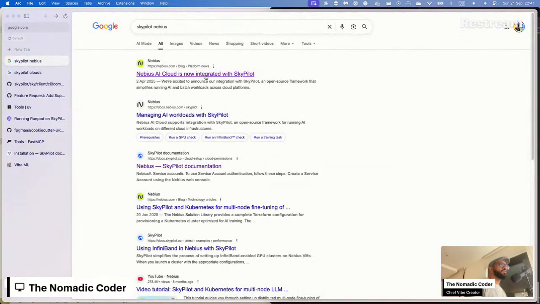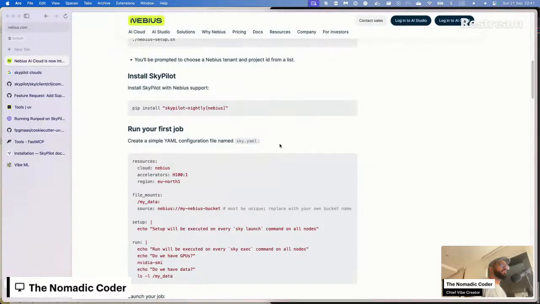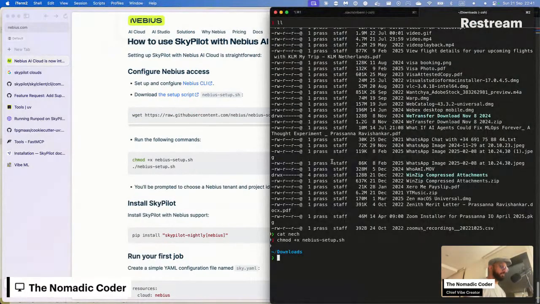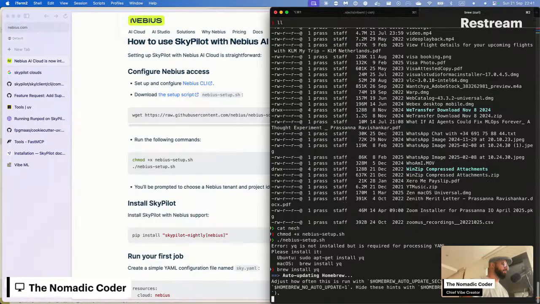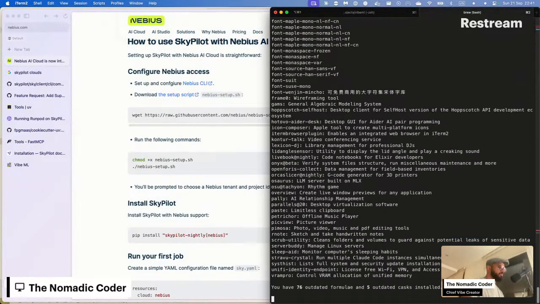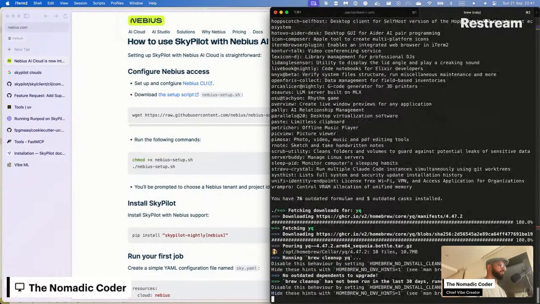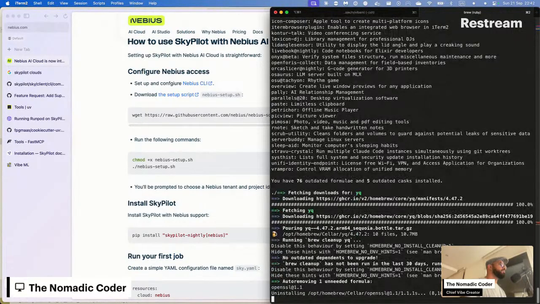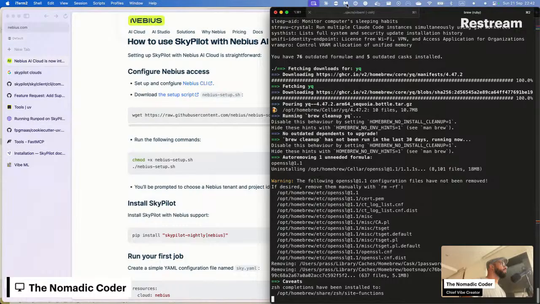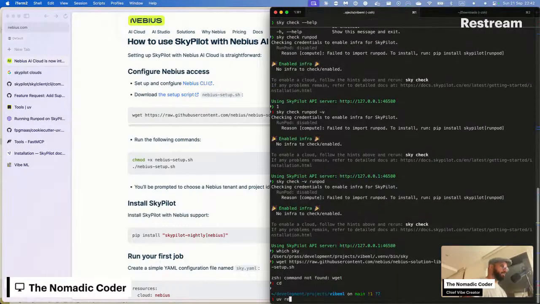So much work. They don't even have a shipped CLI. Okay, what are we doing here? First, we are removing SkyPilot and RunPod.